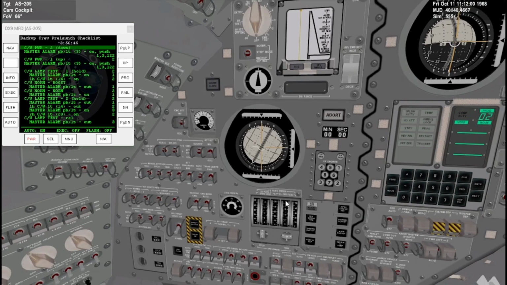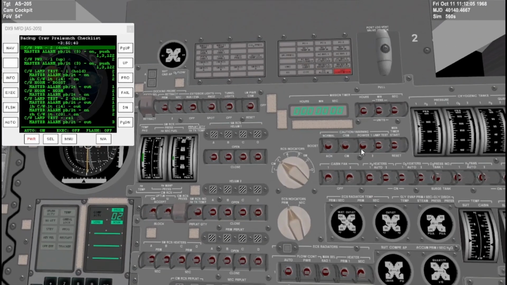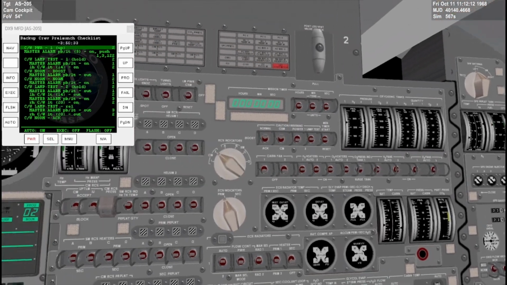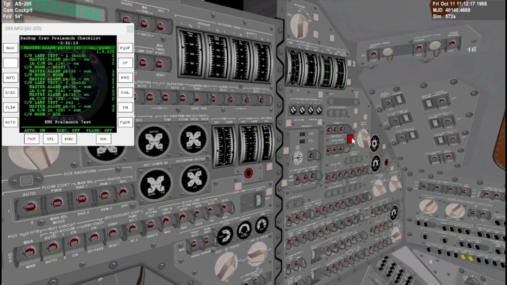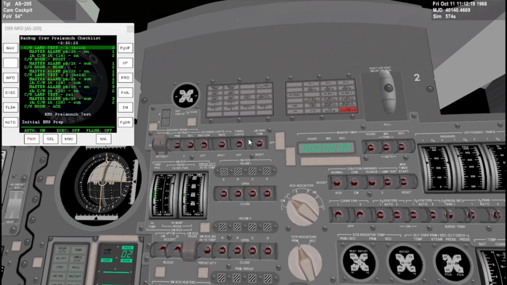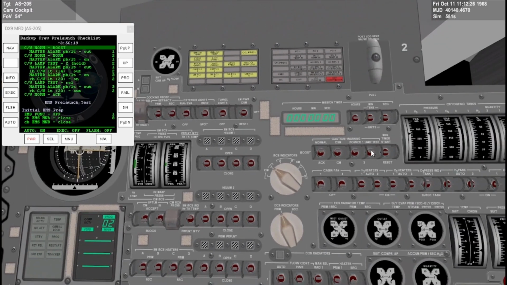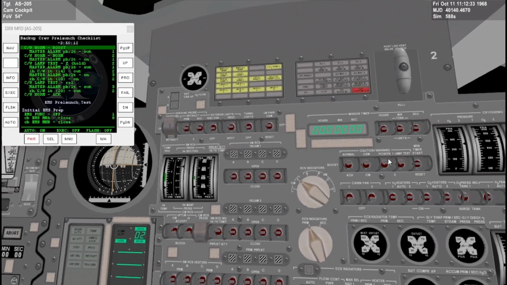The checklist is now going to want us to do a rudimentary caution and warning checkout. Flip to 2, check the system's work. Flip back to 1, check that the system's work. You can test on 1 and hold. If you hold and you move your mouse and then you look with holding right click, you can maintain a switch held,